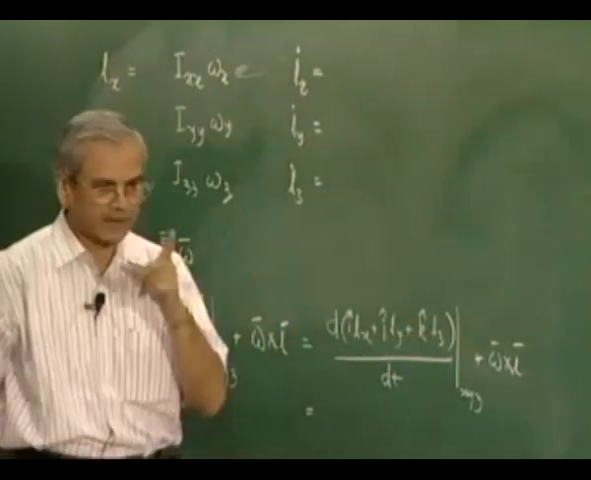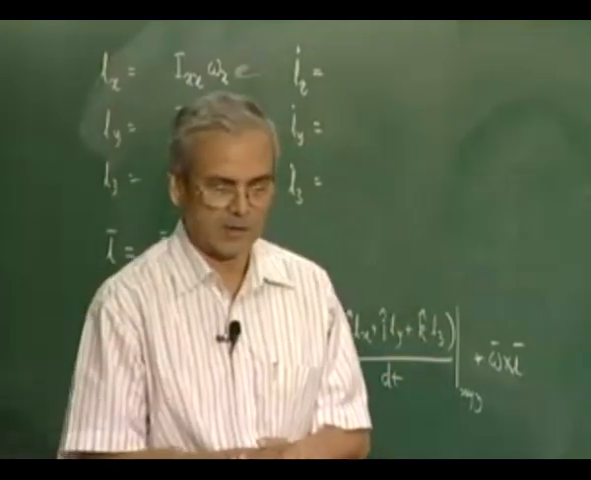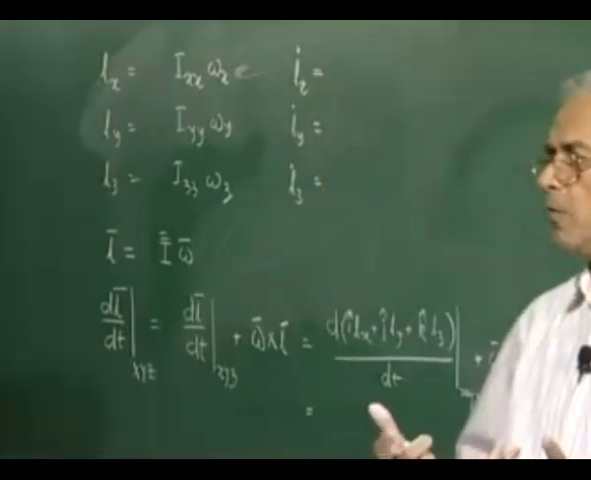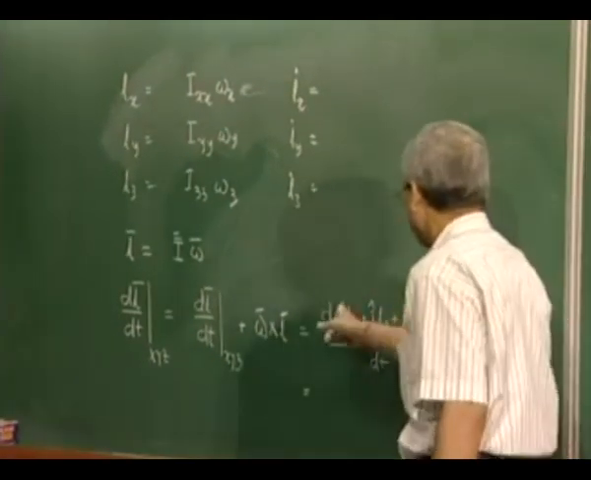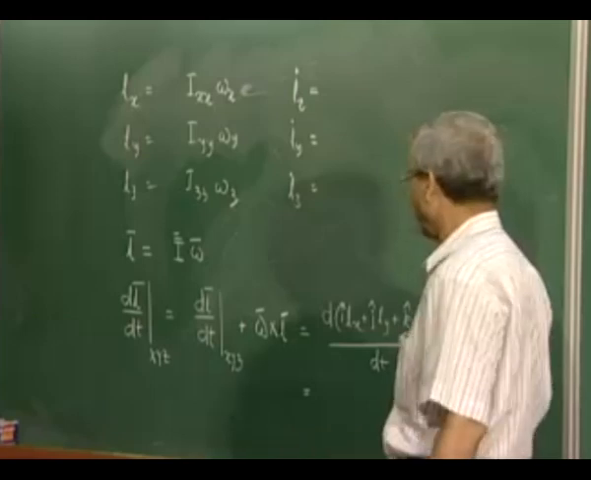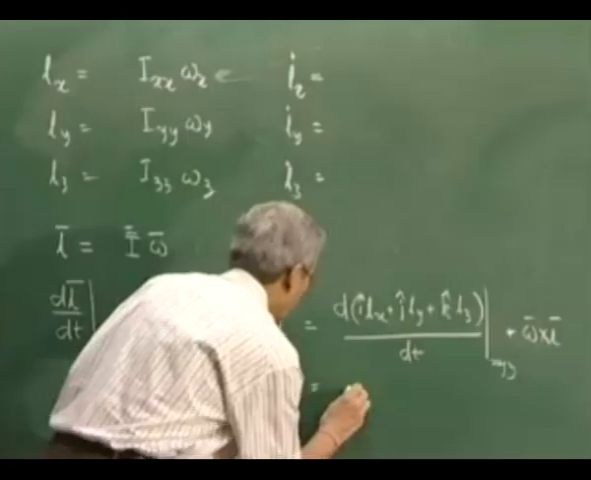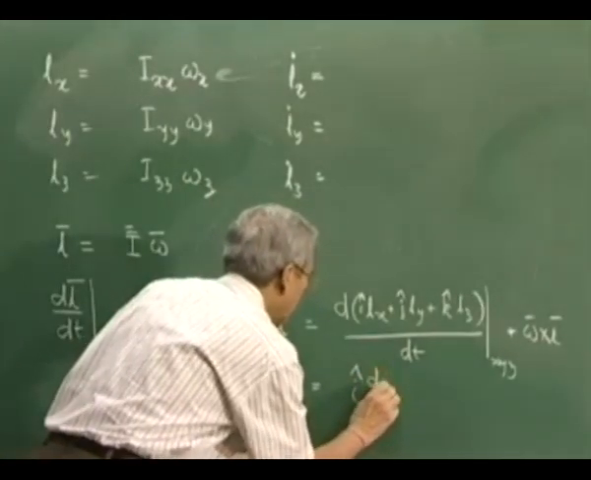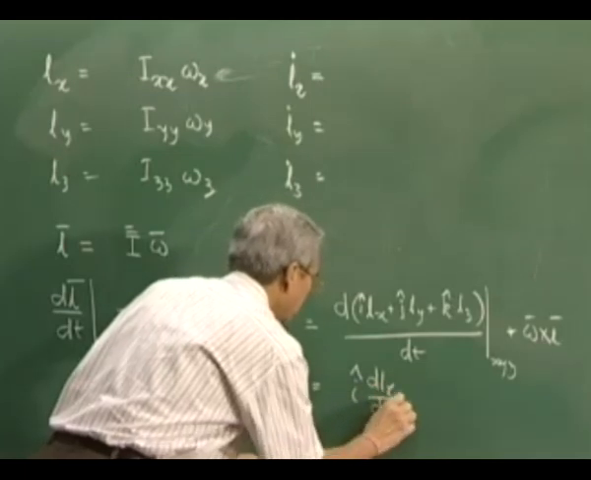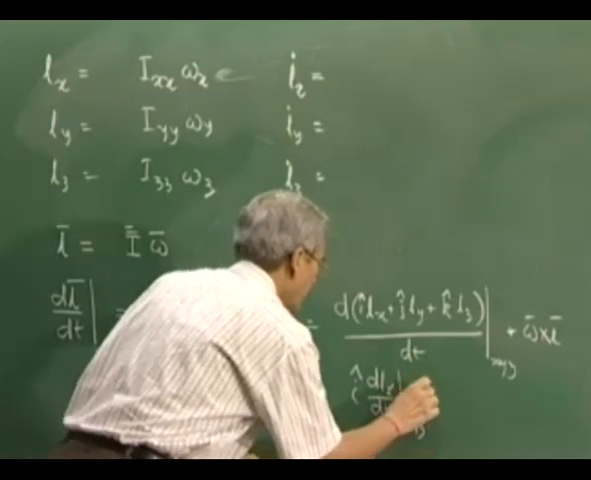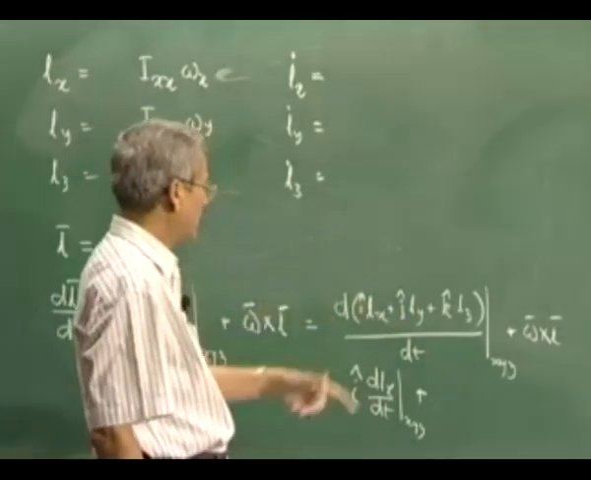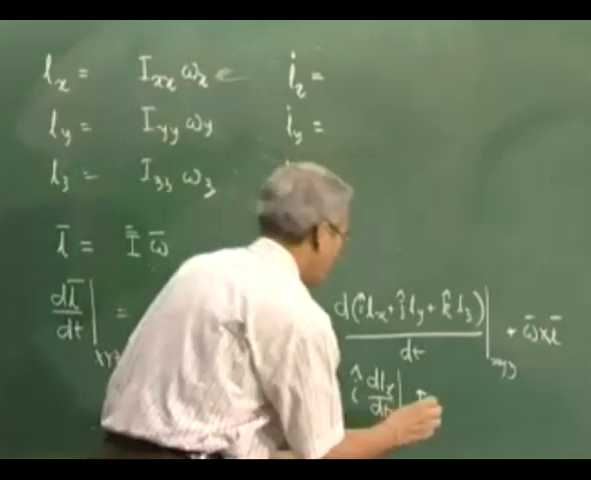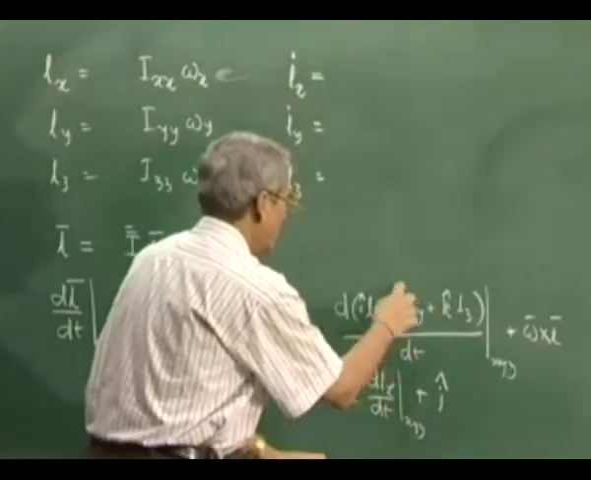Now i is a unit vector along the small x direction. So with respect to the small xyz system, that vector i does not have any change. So d i hat/dt will be 0. So it will be i hat dLx/dt in the xyz system plus, similarly, j hat, that unit vector also in the xyz system is fixed, so it will not have any change. So when you differentiate this, you will get